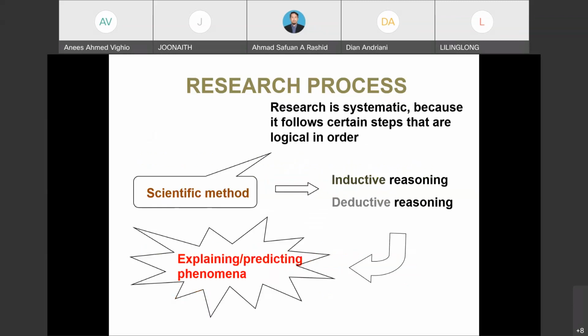Research is systematic because it follows certain steps that are logical in order. Either we use inductive reasoning or deductive reasoning. As we have discussed previously, inductive is more related to a qualitative approach, while deductive is more related to a quantitative approach. Then, whatever result you gain from the laboratory test,